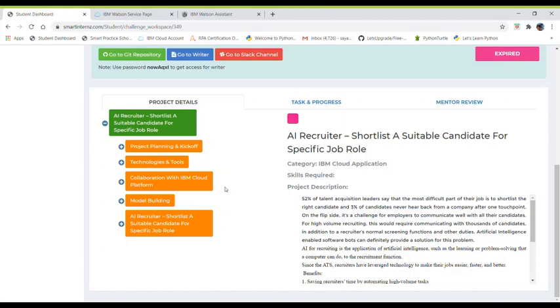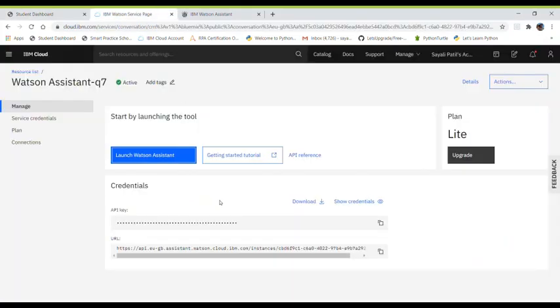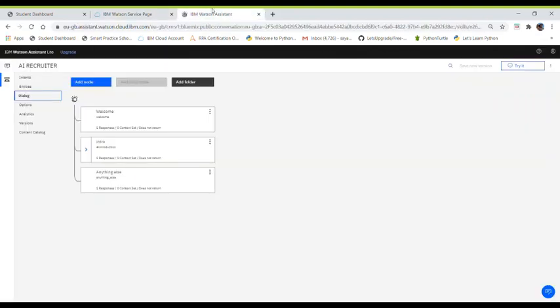Now let's go towards how we have built a model. Firstly, I am going to show you how we build the Watson Assistant. So this is the dashboard page of Watson Assistant, and by clicking here, we are launched into the Watson Assistant page.